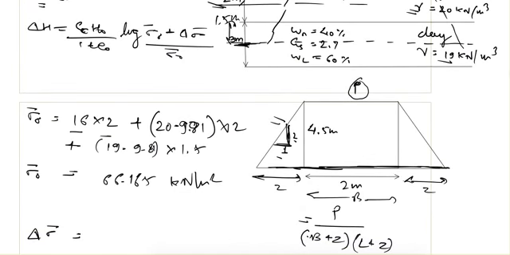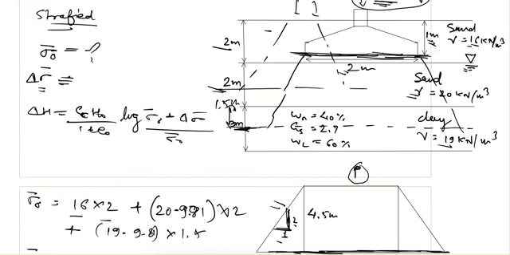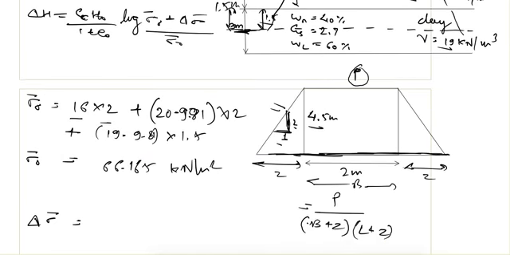Using that, this depth from here is 1 meter, so the remaining depth here is 1 meter, and this is 2 meter, and up to this middle this is 1.5 meters. 1.5 plus 2 plus 1, that is 4.5 meter. So this is 4.5 meter. So 4.5, when vertical is 2, horizontal is 1. So when vertical is 4.5, horizontal will be 4.5 upon 2, and here also 4.5 upon 2.